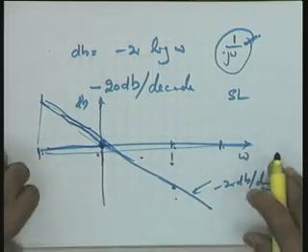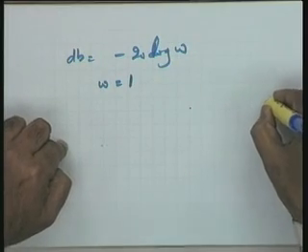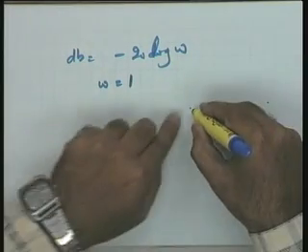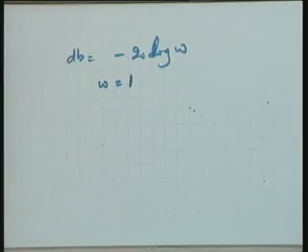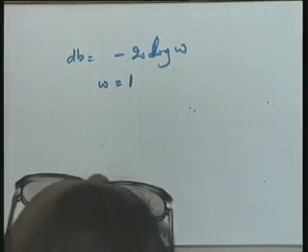But you see, you have to tell me the plot of 1 over j omega, from which point will this line pass? That is very necessary. As far as drawing the line of minus 20 dBs per decade, that is simple. Yes, omega equal to 1, this is what I was going to see. Now you see that first is drawing a line of minus 20 dBs per decade. You have to be very clear that this is a particular starting point. If you are taking higher frequencies, you go minus 20 dB down. If you are taking lower frequencies, you go plus 20, that is 20 dBs up. This is equivalent. Your line will be minus 20 dBs per decade.